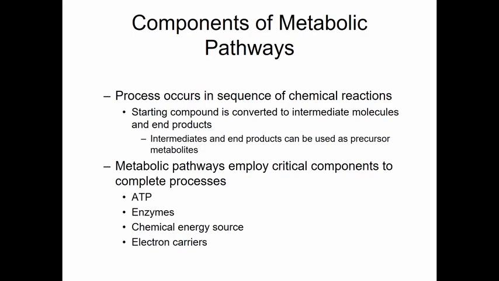Every single metabolic pathway is going to need ATP, it's going to need enzymes, an energy source, and it's going to need some level of electron carriers, which we'll talk about in a little bit, okay? So as we start to build the players of what's happening with metabolism, we have to keep all of this in mind. We've got to always be referring to ATP and where ATP is going. We have to have enzymes that are involved in that process. We have to have some form of an energy source. If you have no energy source, a cell is going to die eventually. And then finally, you need an electron carrier.